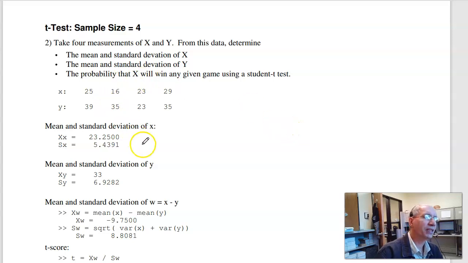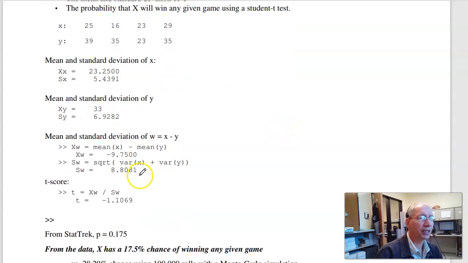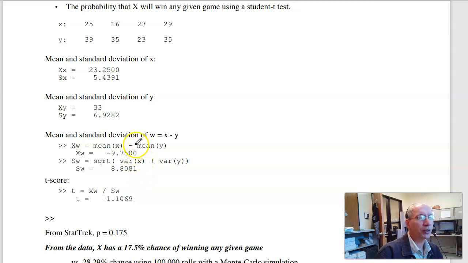I get a mean and standard deviation for X and Y. Create a new variable W. That's the difference in the means. So there's the mean of W, the standard deviation of W. Here I add the variances rather than subtract. And I don't divide by the sample size because, again, this is just for a single run. I want to find out for a single run, let's say the mean is minus 9.75,